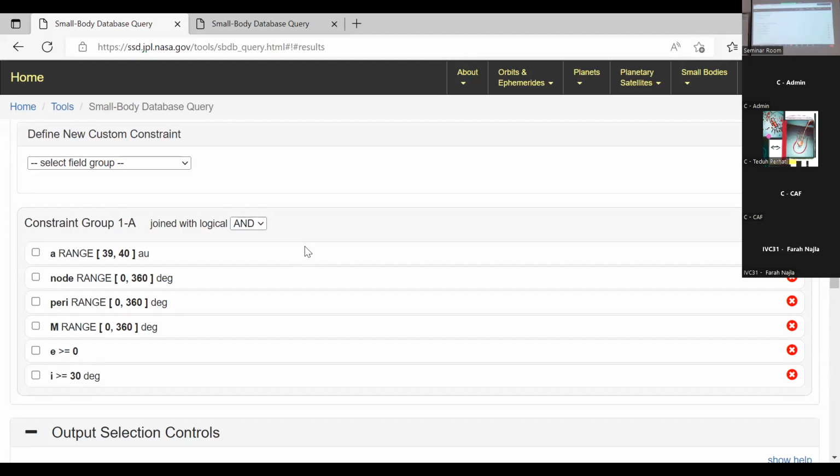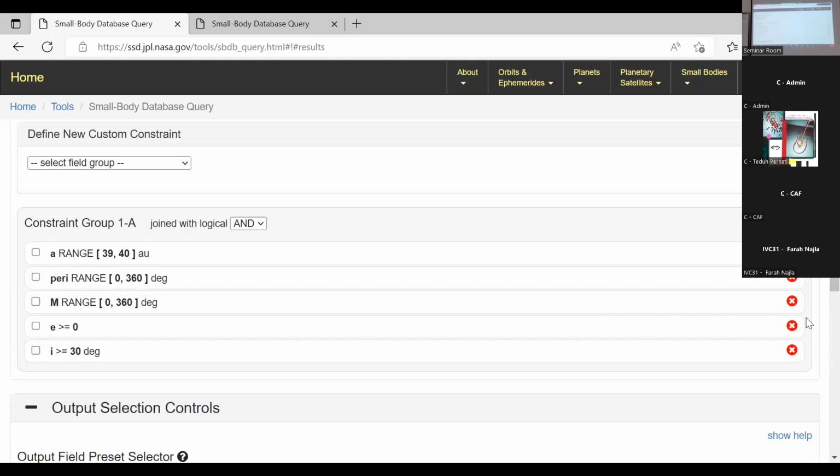If you don't need to put the perihelion and node, without constraint, yes, it's okay. Let us try now. Node, we don't need that.